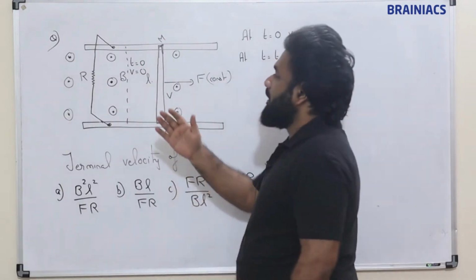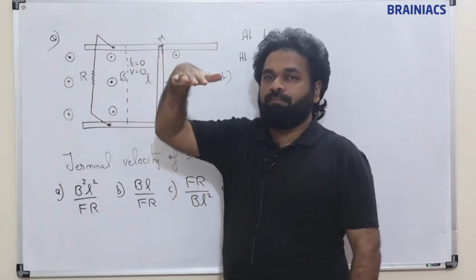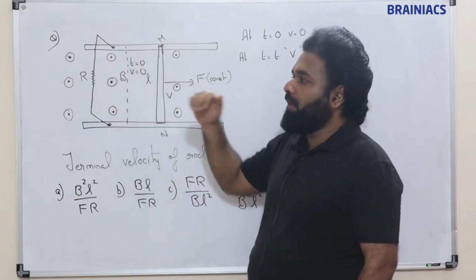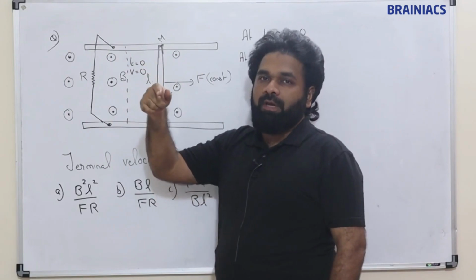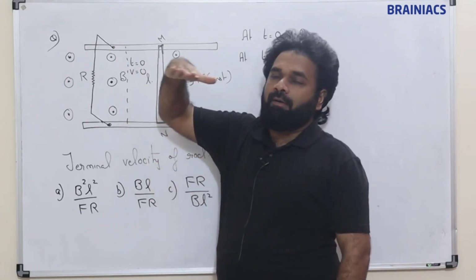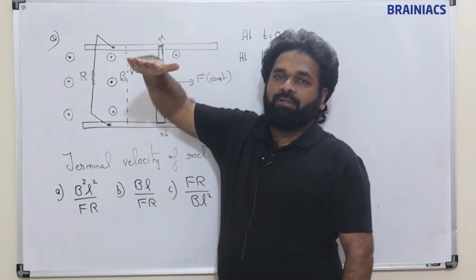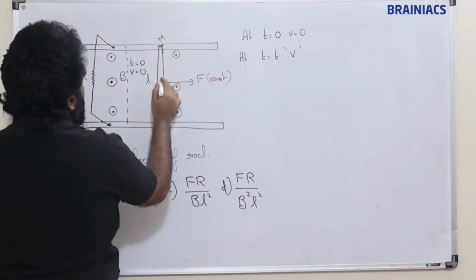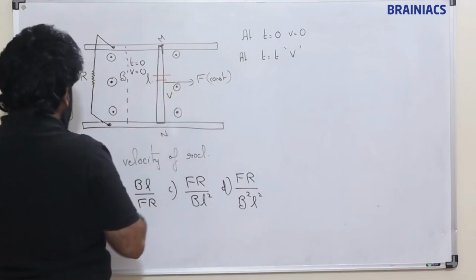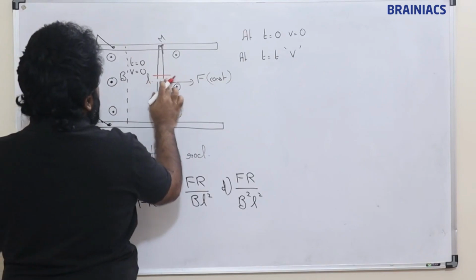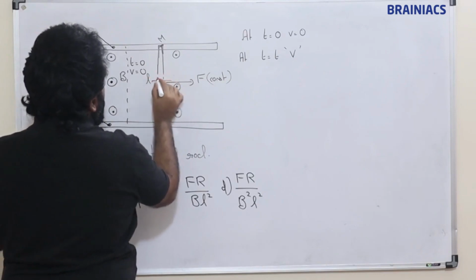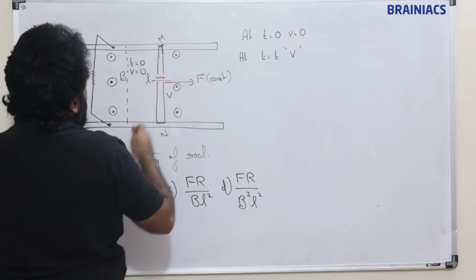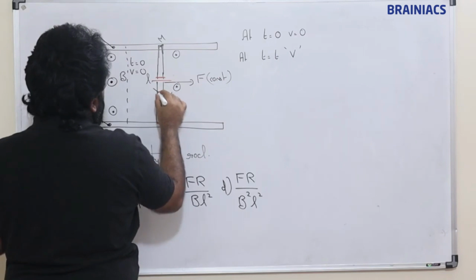So here the magnetic field direction is this. Because of this force, it starts moving in this direction. So the magnetic field is outside, and this part of the rod is moving in this direction. So this will be the polarity of EMF. Clear? Fine. So current will be